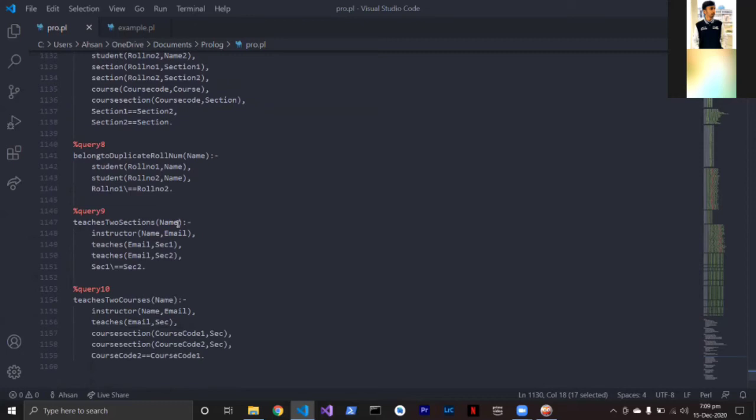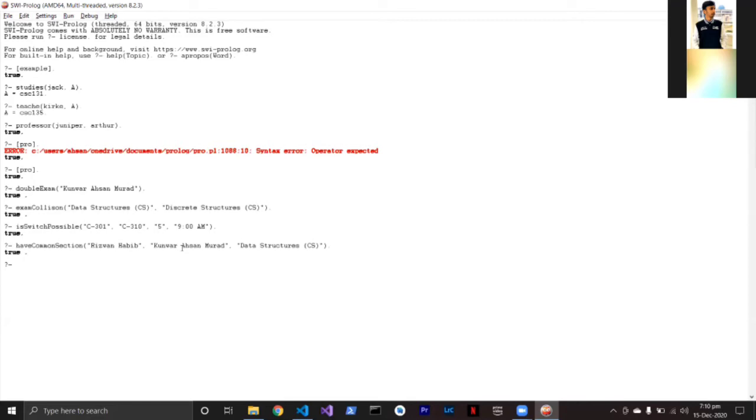So it takes the name of the teacher, and from the instructor knowledge base, we get to know the email of the instructor, and then from that email, we get to know the sections which he or she is teaching. So from teachers, we get two sections, section 1 and section 2, and if those sections are not equal, then this query will return true. So this shows us that a teacher has two different sections to teach.